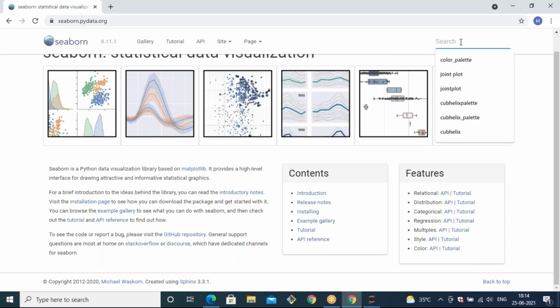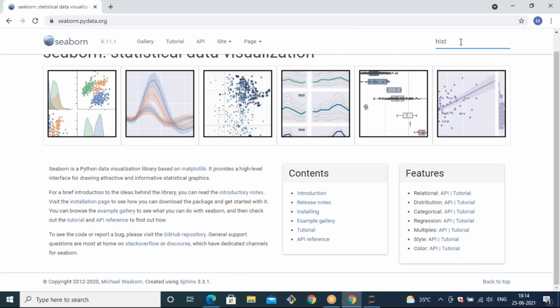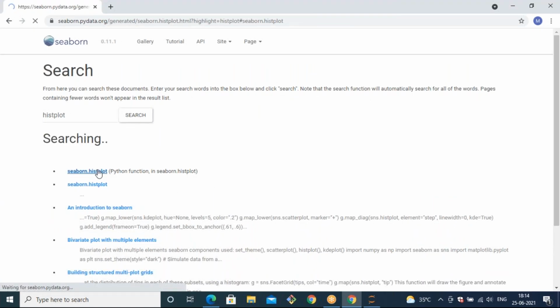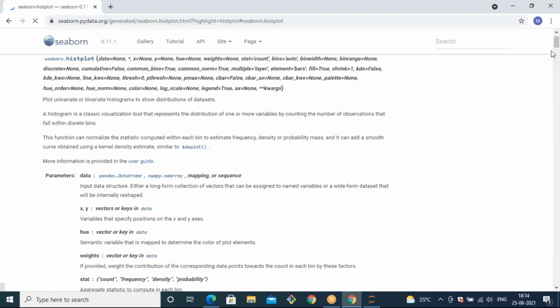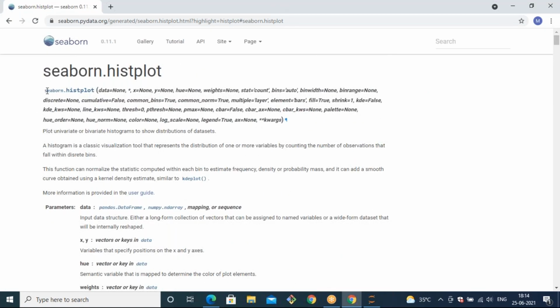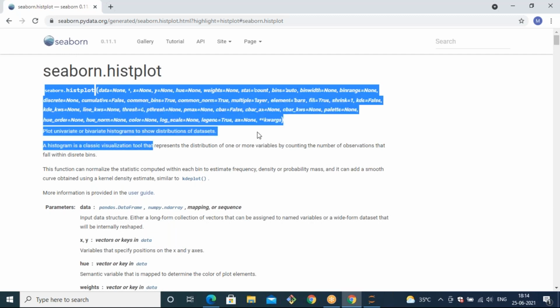In the search you just type histplot. For histogram plot we have a method called histplot. After typing it, it will show you the search results. Yeah, you can see seaborn histplot like this.